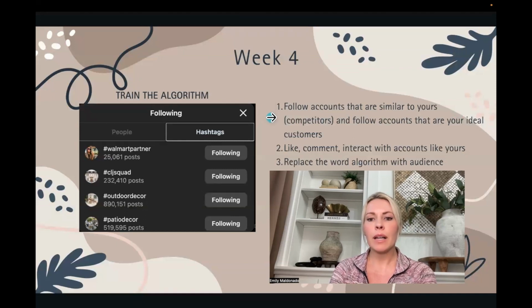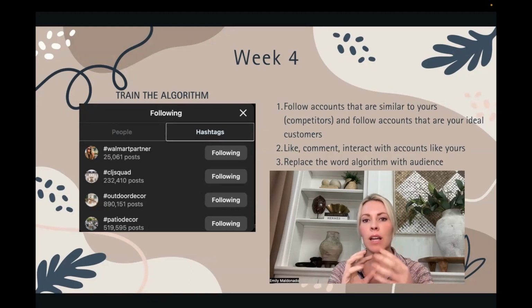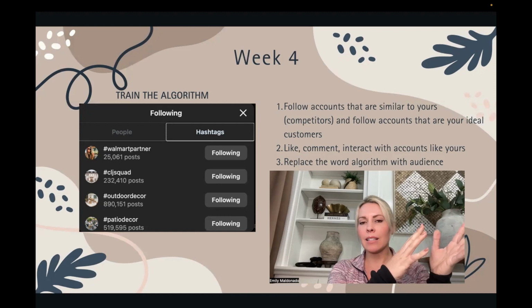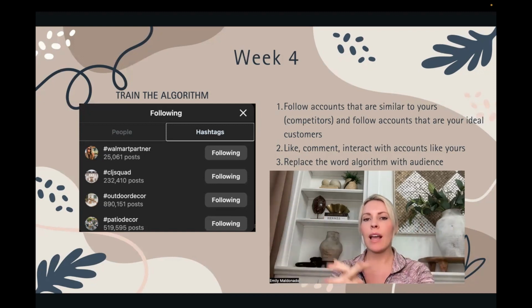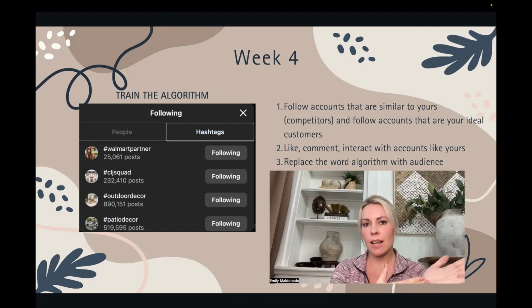The other thing that following accounts within your niche does is it tells Instagram what you are about. And it'll help push your content to the right people, especially if you do number two, which is liking, commenting, and interacting with accounts like yours. This starts to build a network within Instagram and it starts to connect. The more that you talk to each other, the more they answer you and you answer them back, it tells Instagram, oh, okay, these guys are connected. So whatever this guy likes, then this one will also like. And so your content will start getting pushed to the followers of those accounts that you're engaging with.